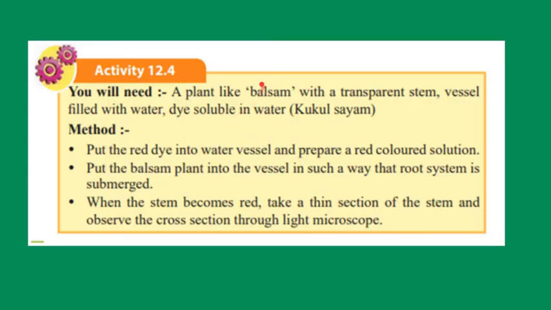Now, we are going to do another activity. You're going to take a plant with a transparent stem. You take some water and then you take some dye, or some coloring. You all can use anything you like. You put some water in a beaker, put some coloring, and soak a plant like balsam in it. Okay, then